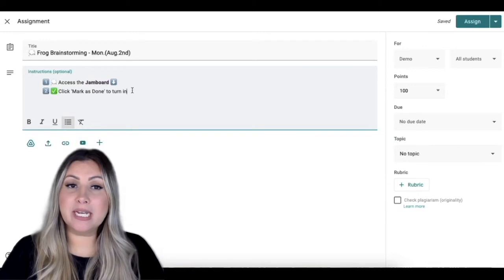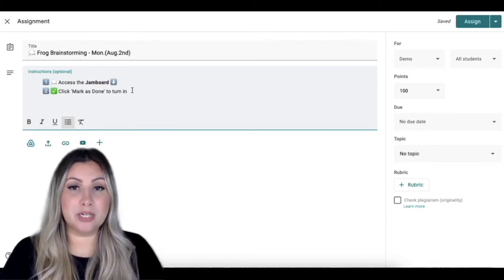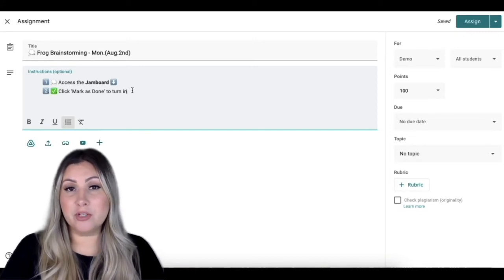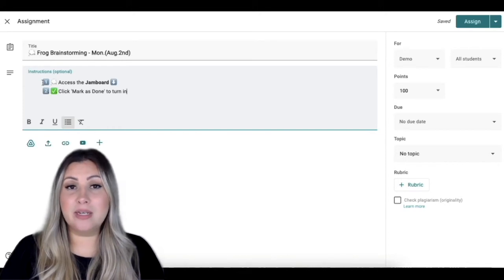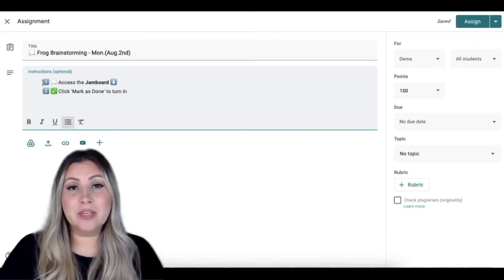It's important to provide clear and concise directions. A few ways to do that are to add emojis or some type of visual representation to help guide our visual learners. We can number our lists and try to keep phrases as short as possible.